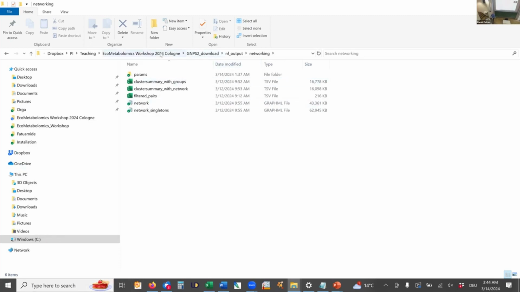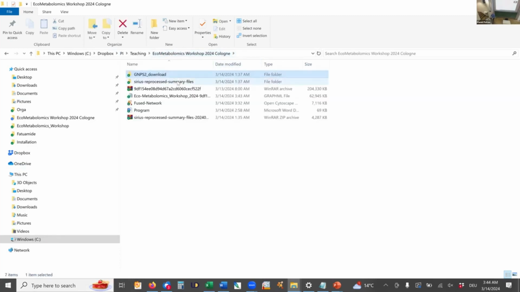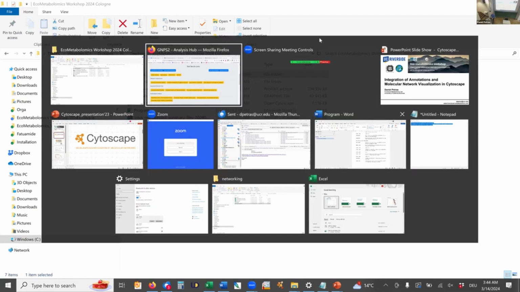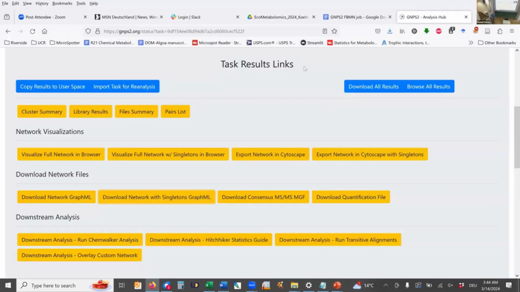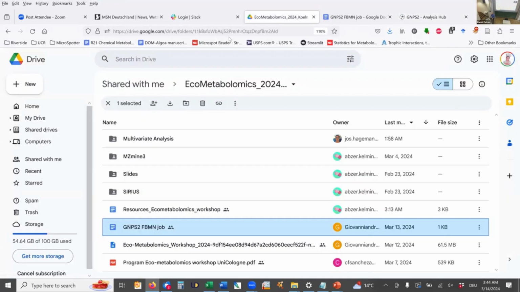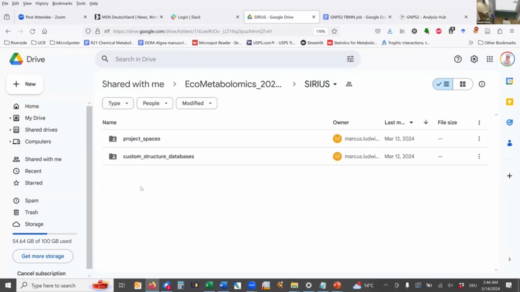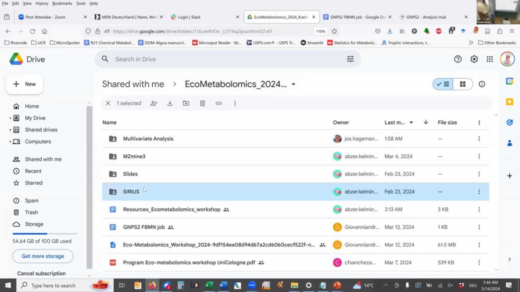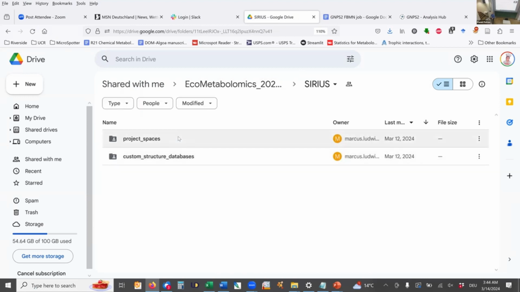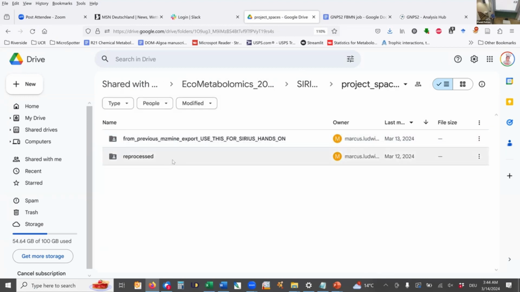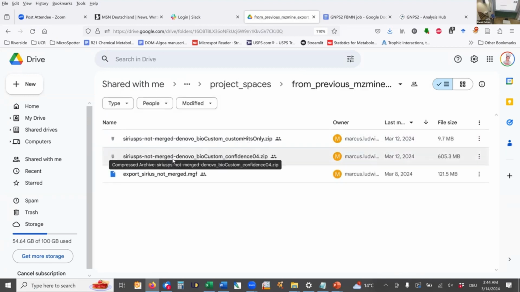Oh, one other thing we will need is the SIRIUS summary files that Marcus just generated with you. So those are also in the Google Drive. If we go back here, and then there's the SIRIUS folder, and then there is, oh, sorry, SIRIUS project space, and then reprocessed, right? And then there is here the SIRIUS,